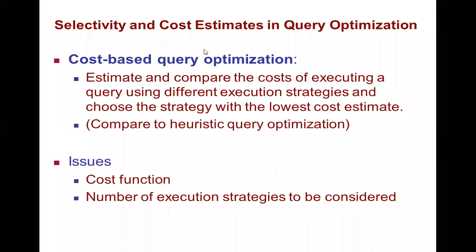Then the second method is selectivity and cost estimates in query optimization. Here we use selectivity and cost, two terms we mainly use. Here we are going to choose a particular method or strategy for query optimization which is cost effective. The term cost effective does not directly mean money. Maybe you have heard this term: it means you can do it economically, without much expense, right?